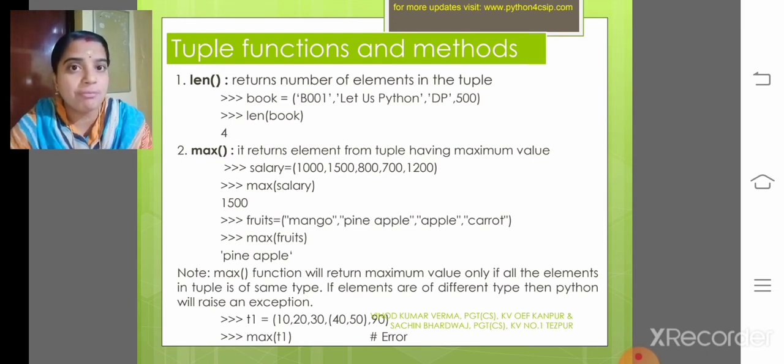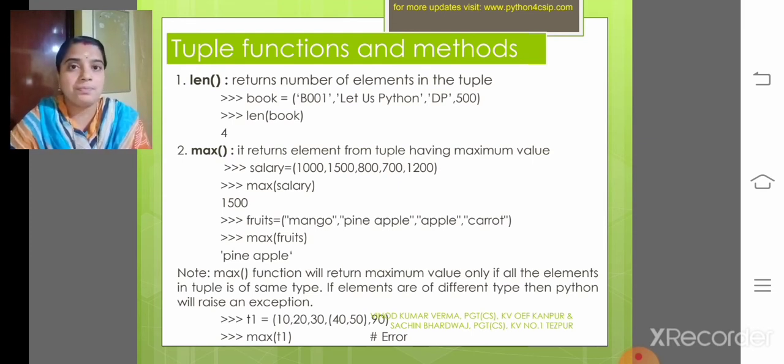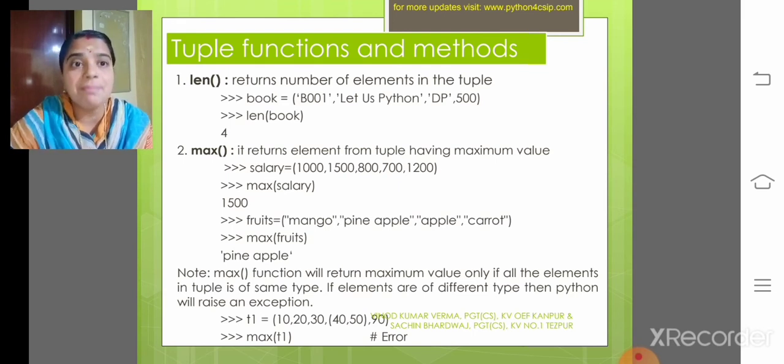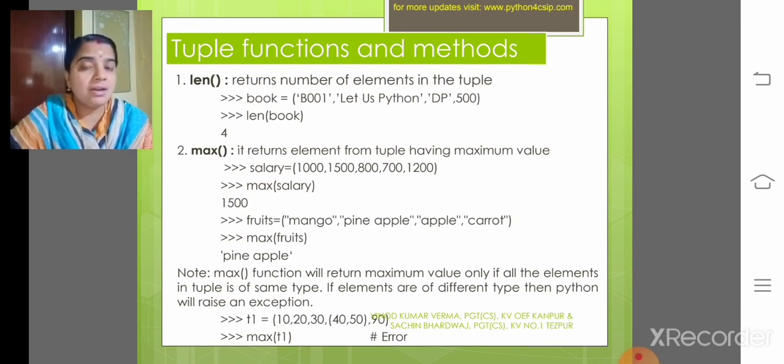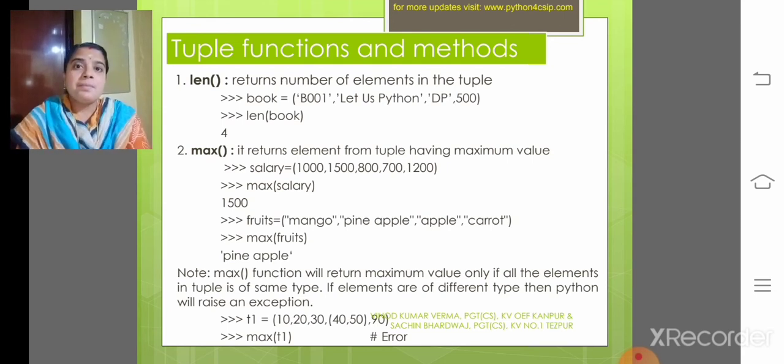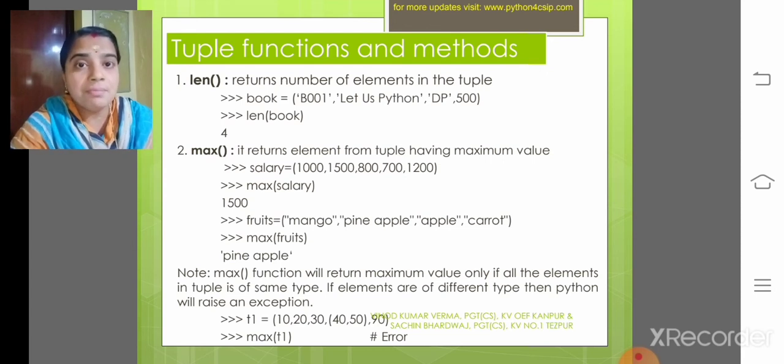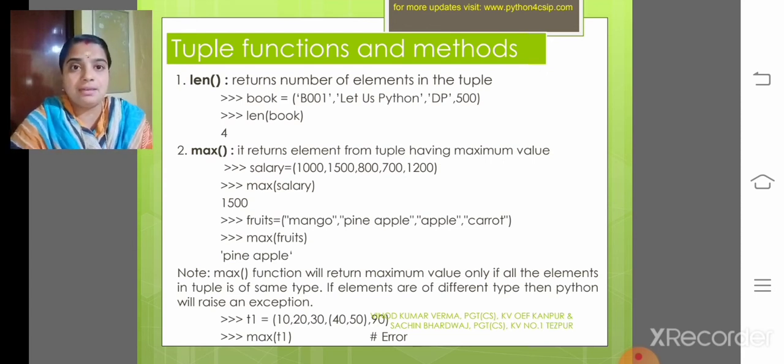So len of book will give 4. Then max, for finding the element having the maximum value. Salary is a tuple. Max of salary will result in the maximum salary of the given tuple. So it will retrieve 1500.